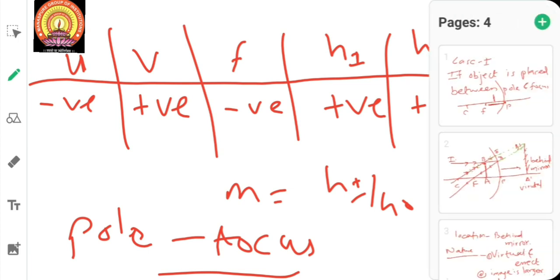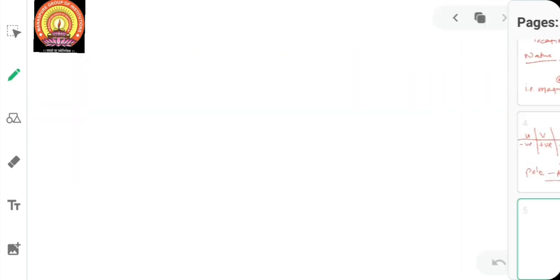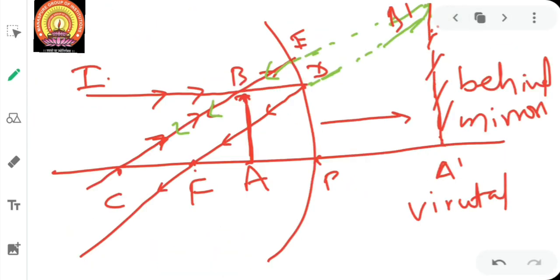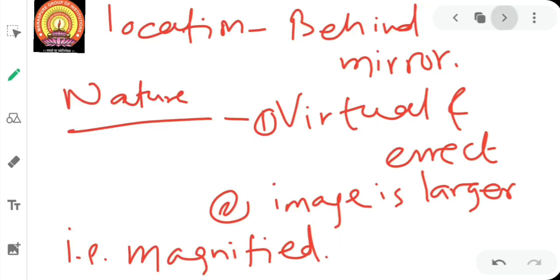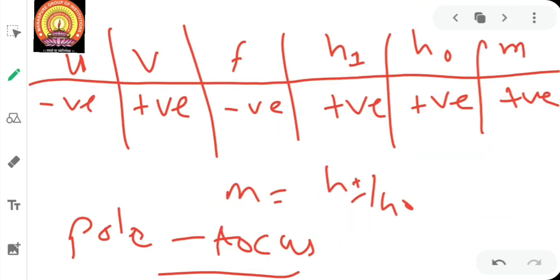Now let us talk about the second case, if you have understood it. If not understood, just again and again see this image from the start in a rewinding manner, how we have plotted the rays, how we are calculating and how we are getting the imaginary image, and with the help of that try to find out this chart. So the second case for us is that the object is placed at the focus.